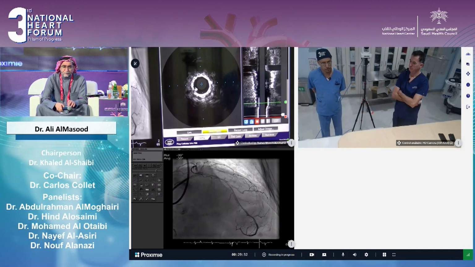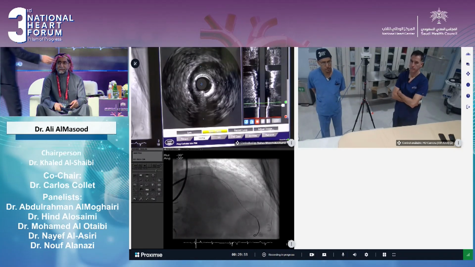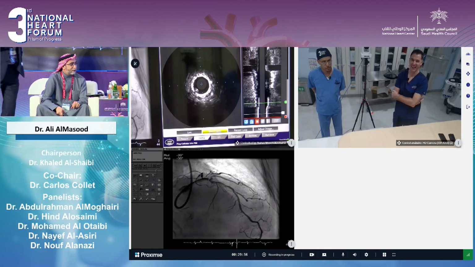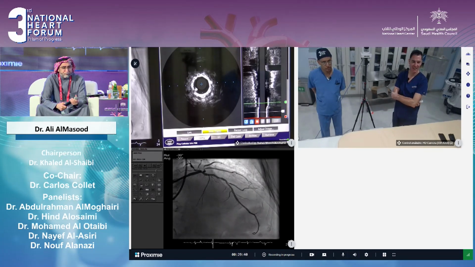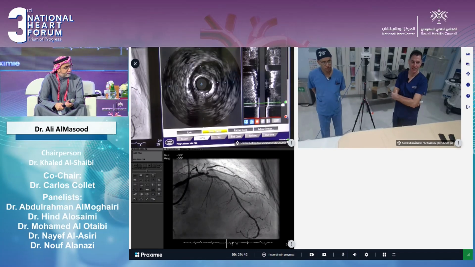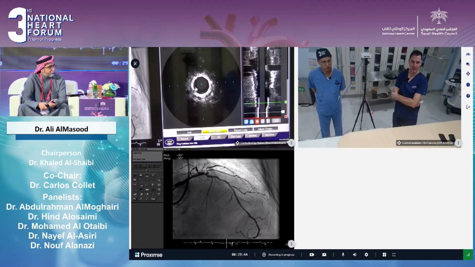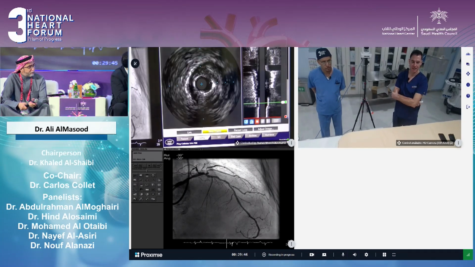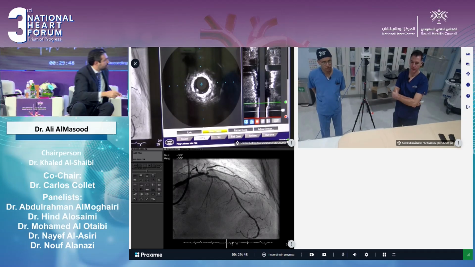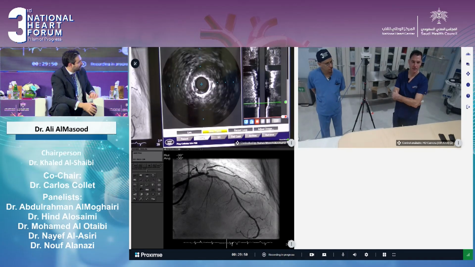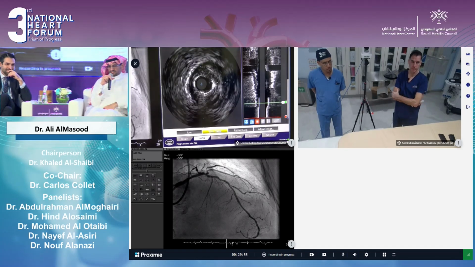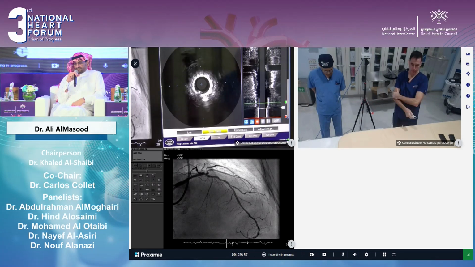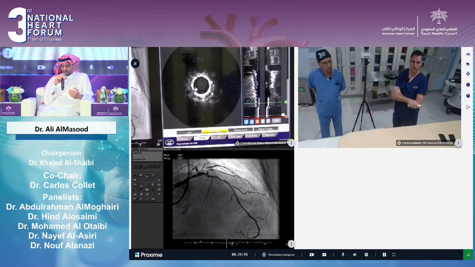We have Irish translation in case we need it, but I think the question to the panel was, there was a distal left main lesion and a mid LAD lesion, and how would you have approached this particular case? That's correct. I think since the lesion is diffuse disease, so with the new evidence to support the